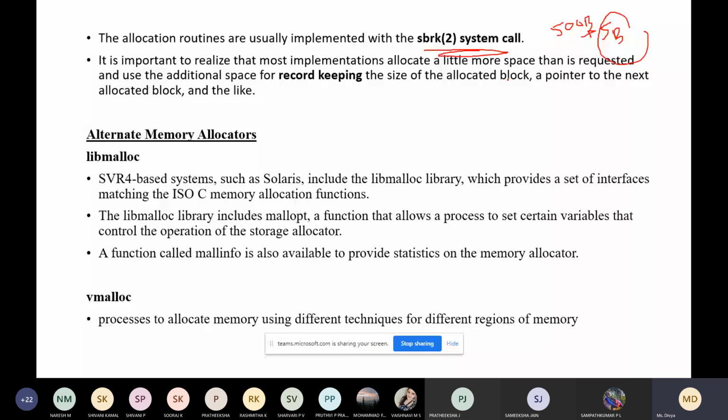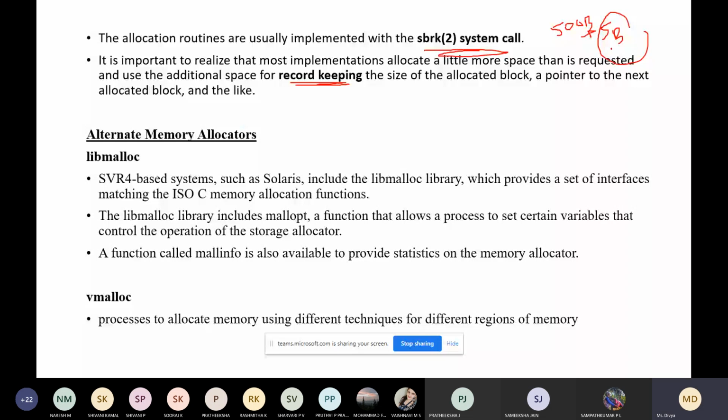It will hold the size of the allocated block, the pointer to the next allocated block, and other information.